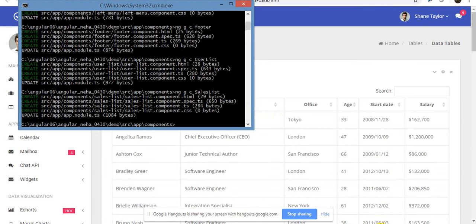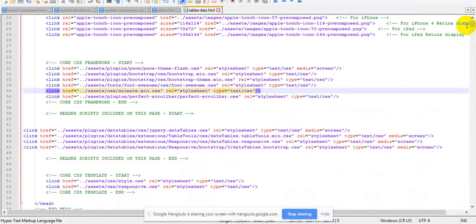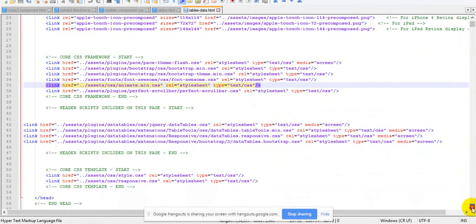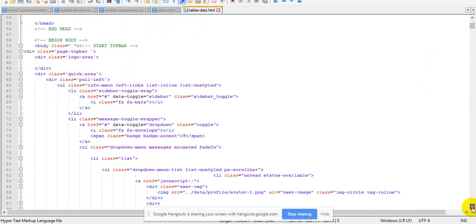Now what I have to do is go to my page, the page I have copied from here, and you will see that they have added one class into the body, page toolbar. Okay, sorry, they have not added any class on the body. One more thing you have to remember, if you are a UI developer, you should not add any class into the body. That is the first thing Angular says.